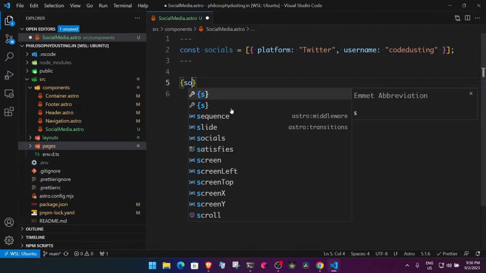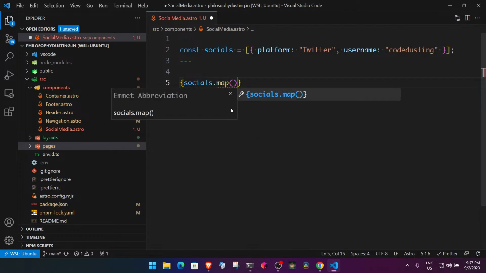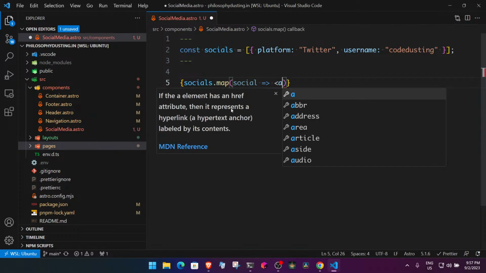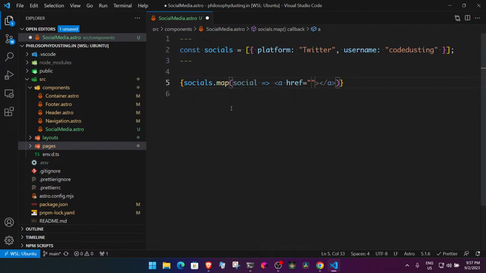And then I can have this socials as like socials, and then I can simply map over it. Then I can have social as link. Link with the href of